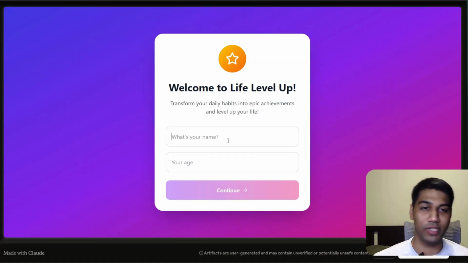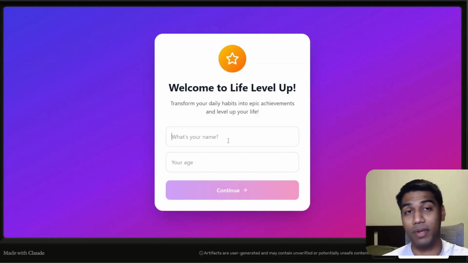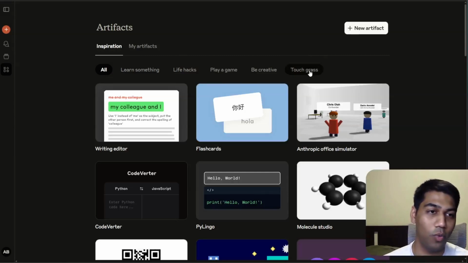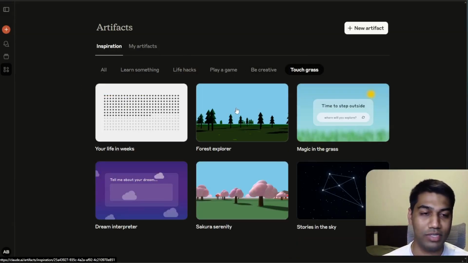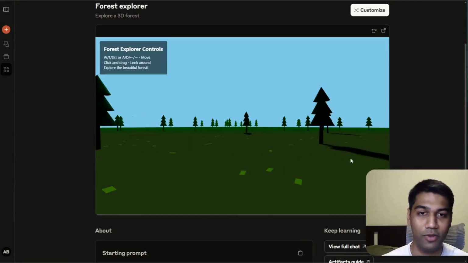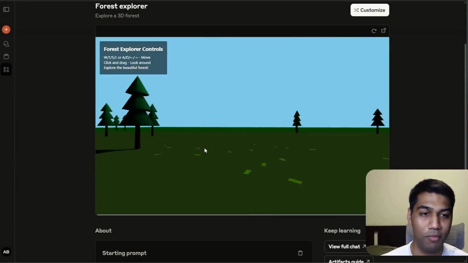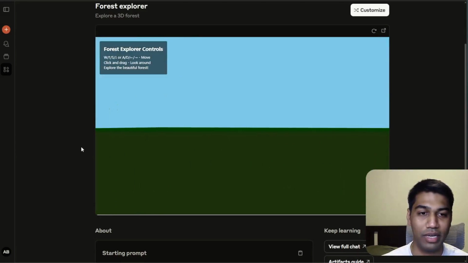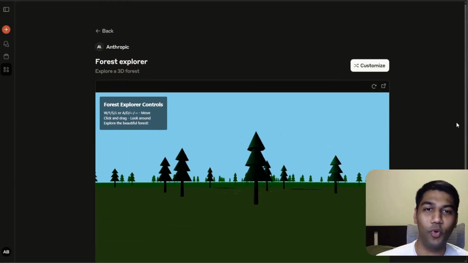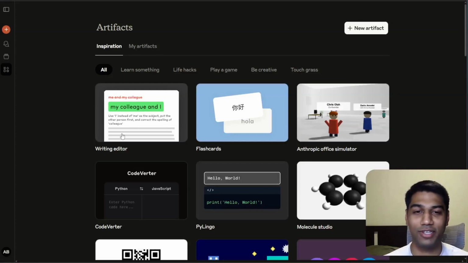You can create simple applications very quickly and share them with people, and make a lot more people happy. Right now, the only thing I will suggest to all of you is go ahead and test cool stuff out. One of these is pretty cool. It's a forest explorer. Again, very simple, but you can just move around, it's like an infinite canvas of forest or something like that, and that's it. It's cool, okayish, just chill stuff.